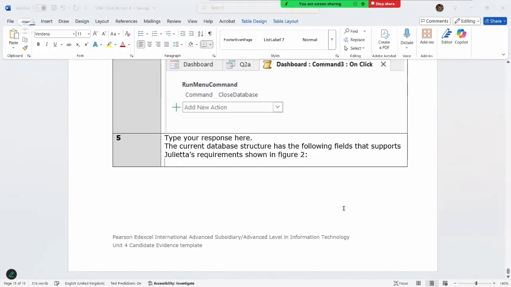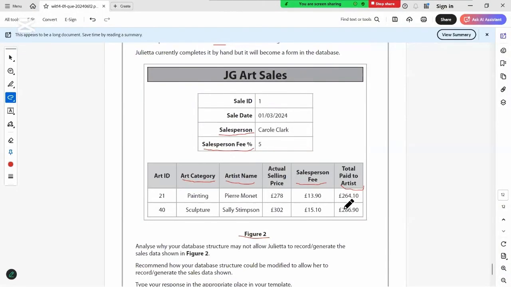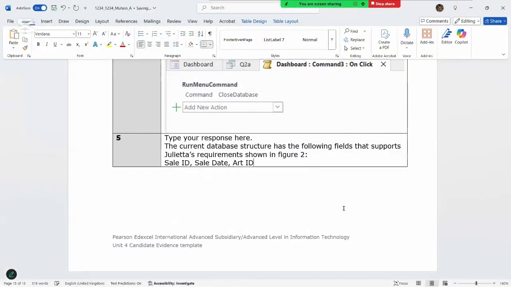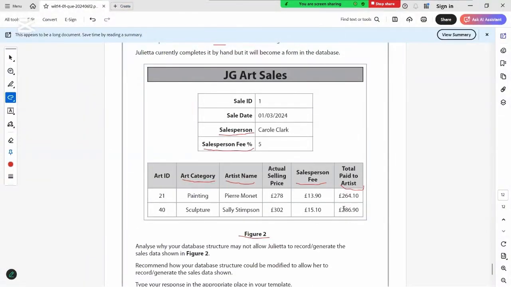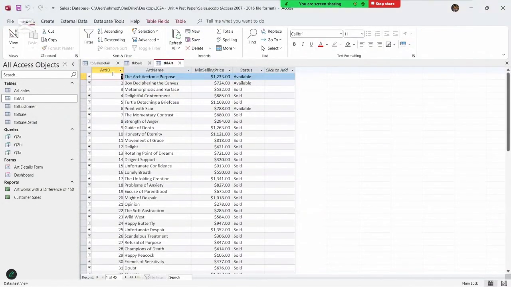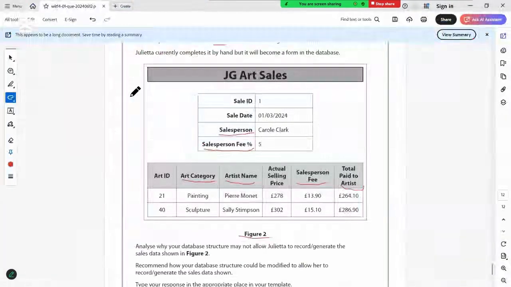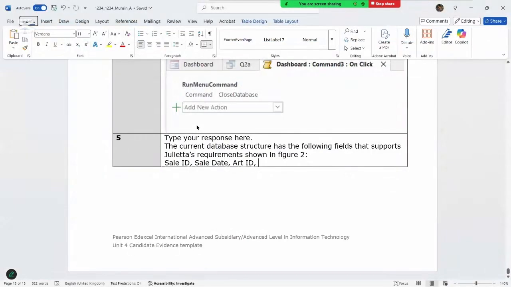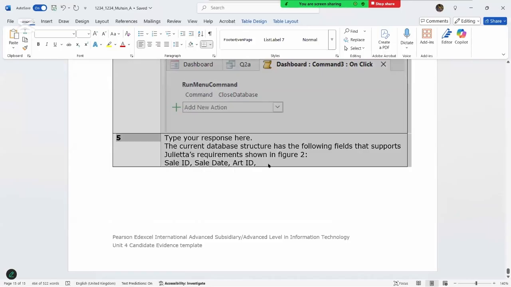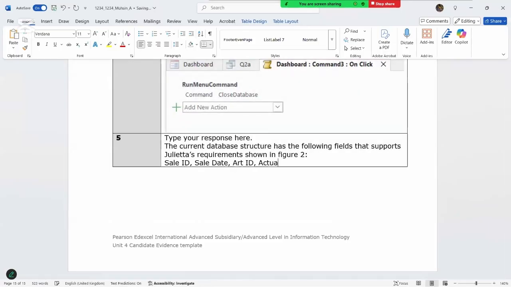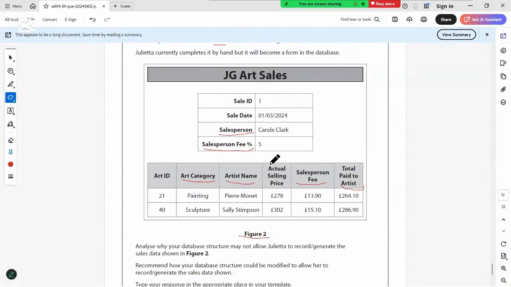So what are these fields? We can talk about sale ID, comma, sale date, comma, art ID. Art ID we have, right? Do we have an art ID? We have an art ID. Then we do need actual selling price. Actual selling price, sorry. Actual selling price. Okay. So these fields are available. Okay. However,